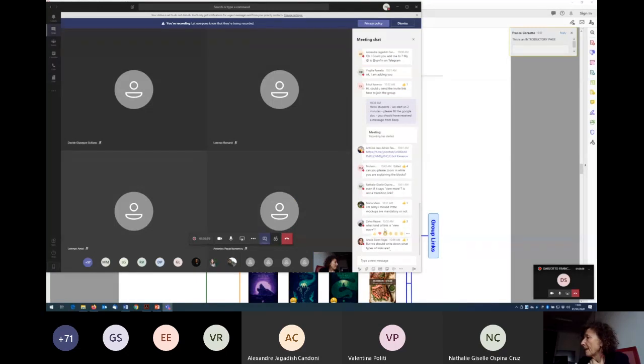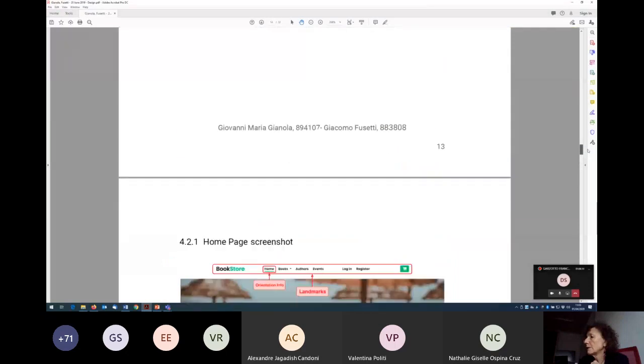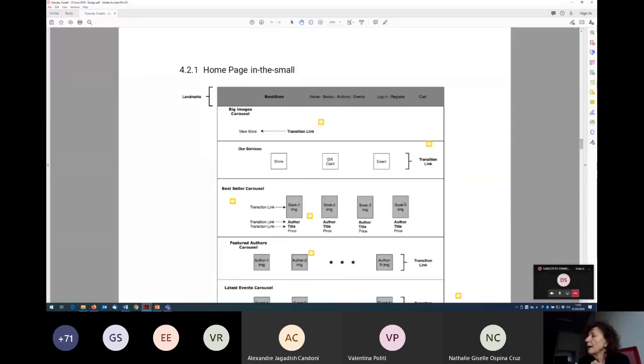Okay. I will answer some comments. Even if it says view more, it is not a transition link. View more, if I'm correct, is in the home page. It's not structural in the sense that it's an interaction element. It has the flavor of a structural link because it brings you to a portion of the home page. But since the home page is the highest level group,